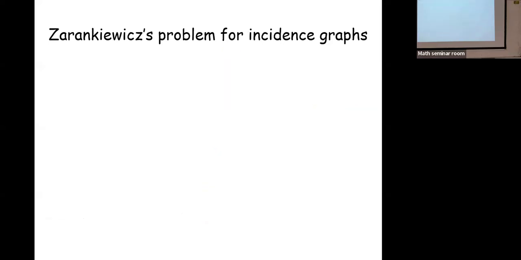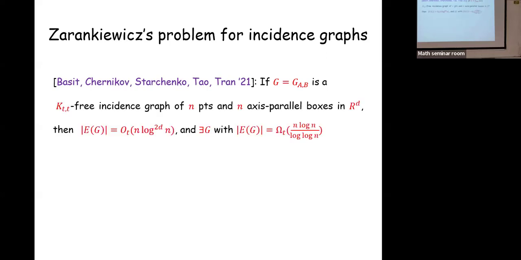Ooh, I have to continue. So, I told you that n to the 4 thirds, or n to the d something minus, is an upper bound if the VC dimension is small, and we have the result of Fox et al. that tells us if things are semi-algebraic, you get n to the 4 thirds or something like that. But